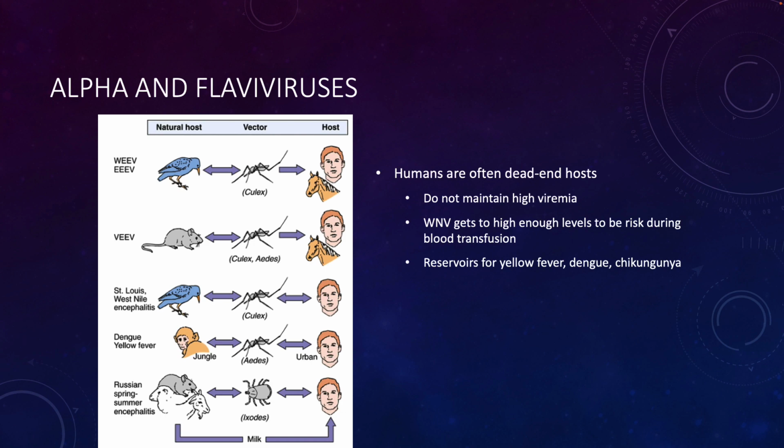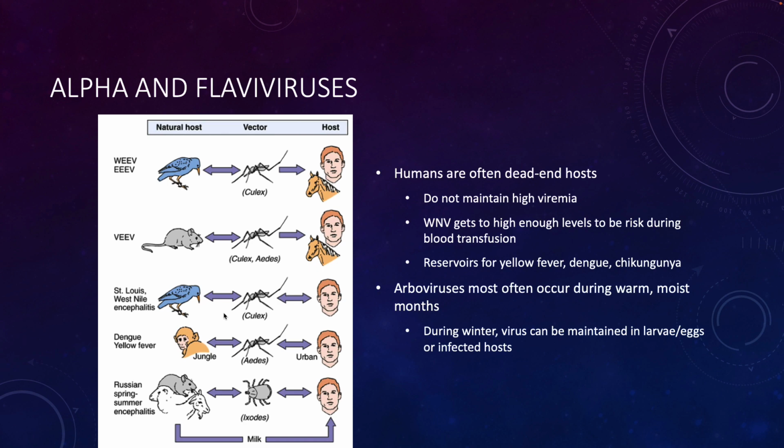enough viremia that the virus can kind of circulate through the human population. So they're showing that right here with dengue and yellow fever, like an urban cycle where the mosquitoes are feeding mostly on people and people have a high enough level of the virus in the blood that as long as the mosquitoes are feeding on people, you're fine. With something like West Nile, here they show a bird. Birds are one of the animals with West Nile that gets a really high viral load. So especially crows and related birds.